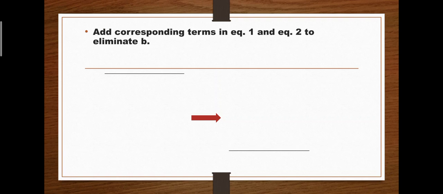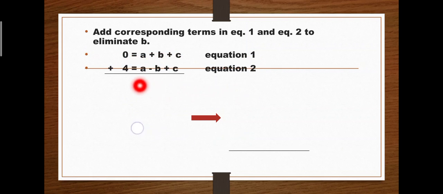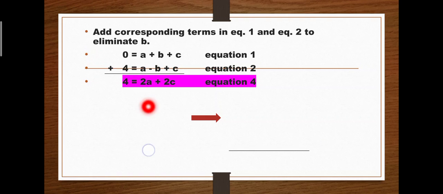Next is, add corresponding terms in equation 1 and equation 2 to eliminate b. So, we are going to add equation 1 and equation 2 para ma-eliminate natin yung b, para mawala yung b. So, ito, ang equation 1 natin, diba, is ito, 0 is equal to a plus b plus c. Ang equation 2 natin is 4 is equal to a minus b plus c. So, i-add natin siya. The result is, okay, 0 plus 4 is 4 is equal, a plus a is 2a,